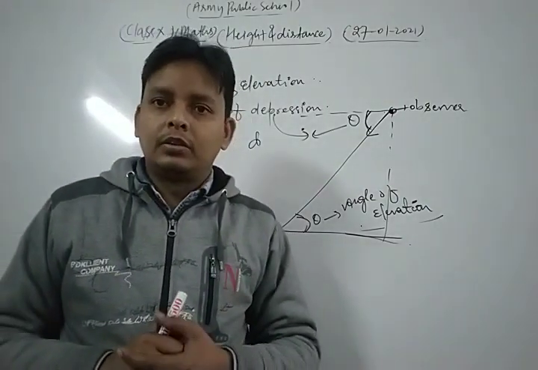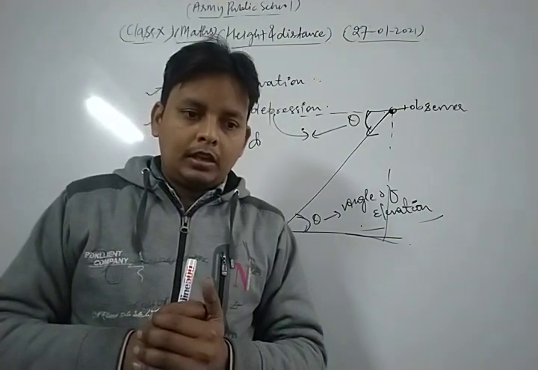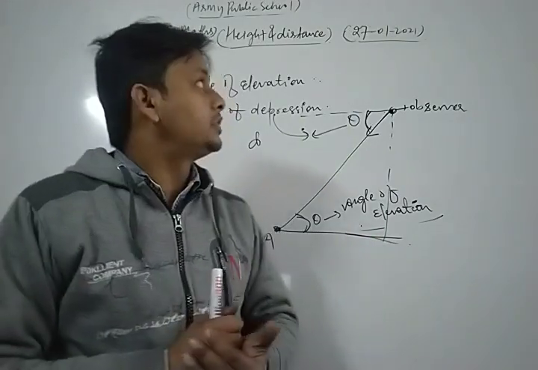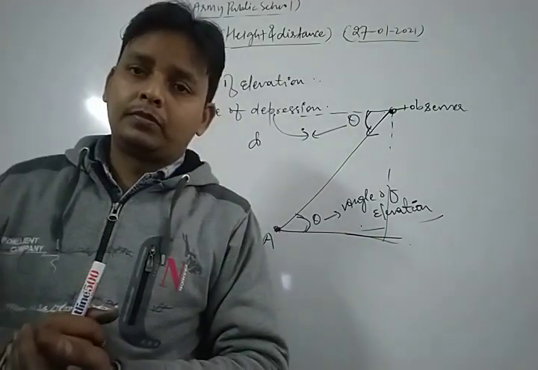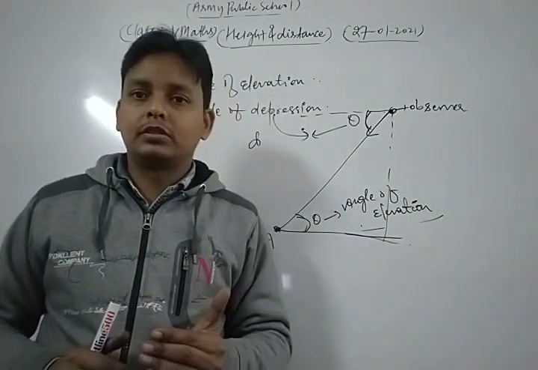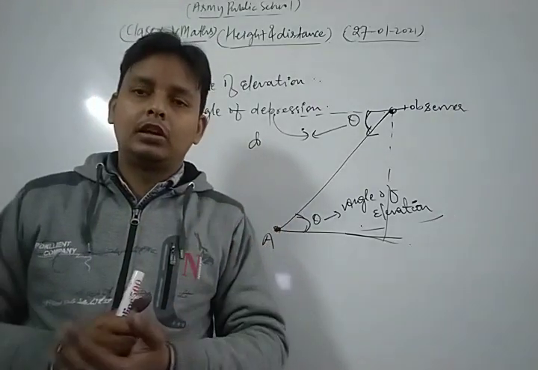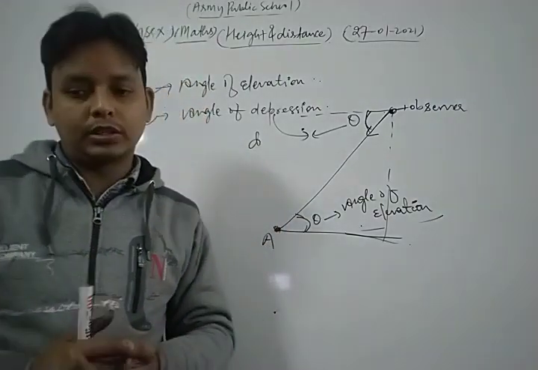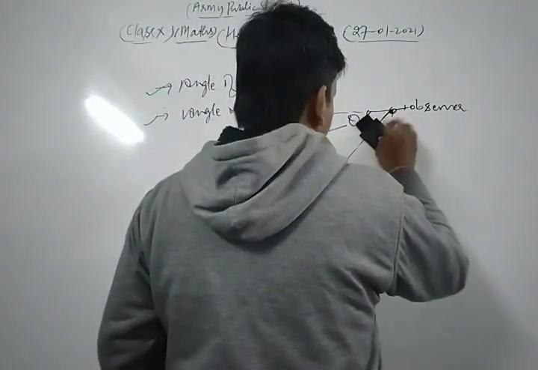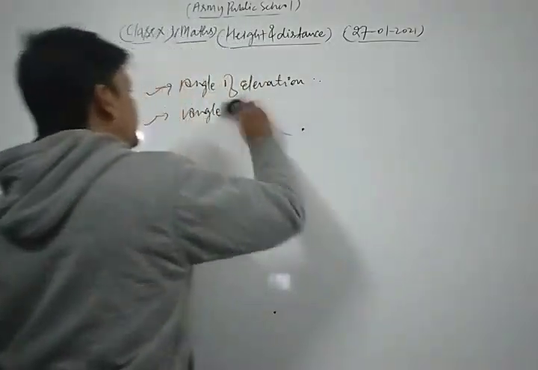Dear students, one of the most important things is that in any question based on height and distance, first of all we form the figure according to the given question. Then we solve that question applying some rules such as tangent, sine and cosine. In that chapter we also discuss some important facts and formulas.